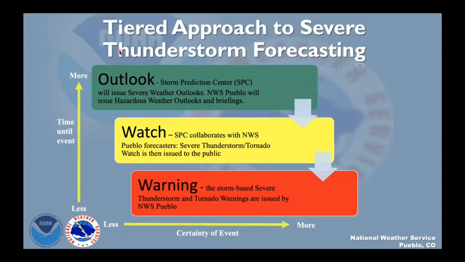At any rate, we got a tiered approach to our forecasting of severe storms. We collaborate well with the Storm Prediction Center in Norman, Oklahoma, the SPC. So initially, they're going to start out and issue outlooks. So just areas that have all the correct ingredients for severe thunderstorms. As time progresses, we'll issue a watch, hopefully before warning